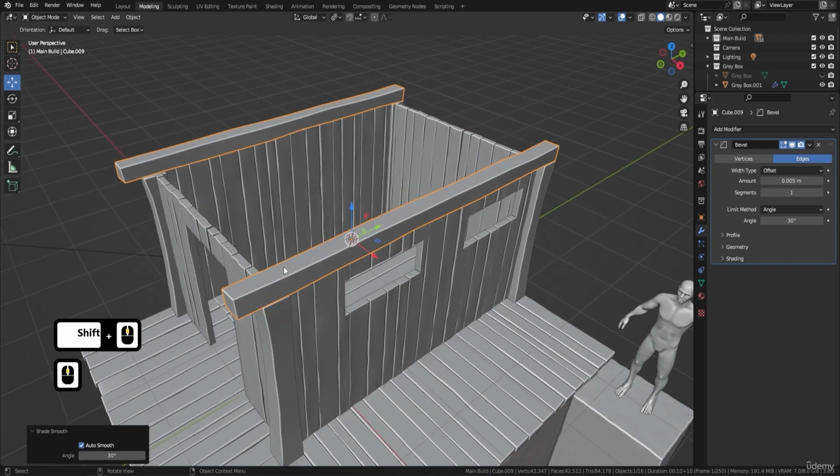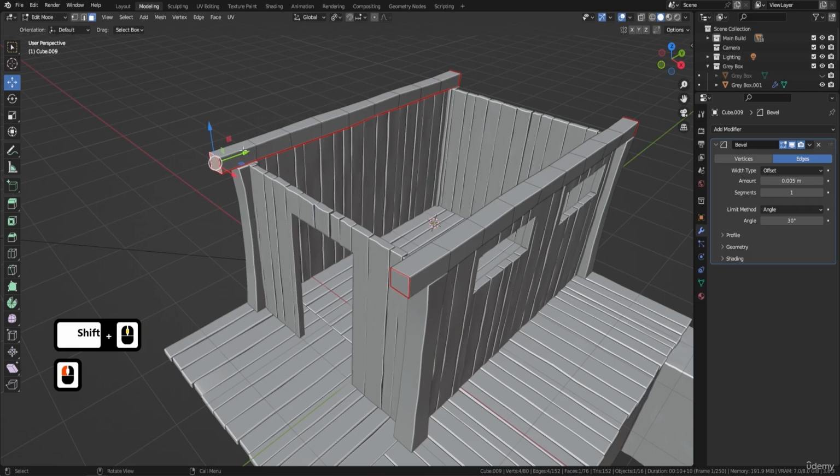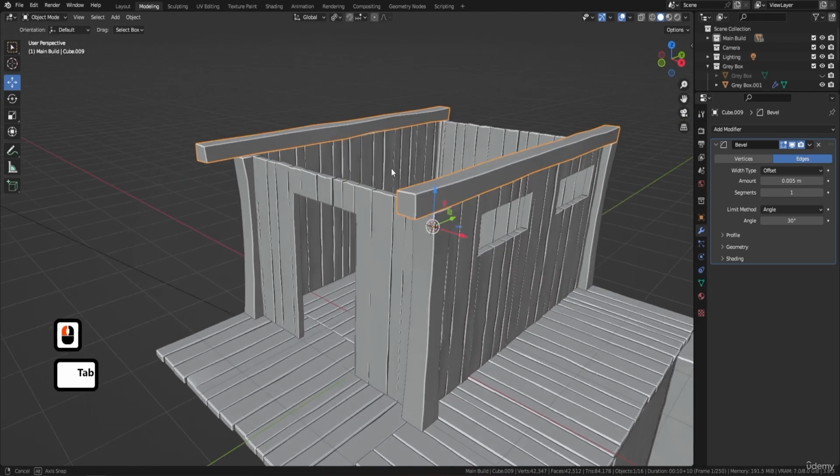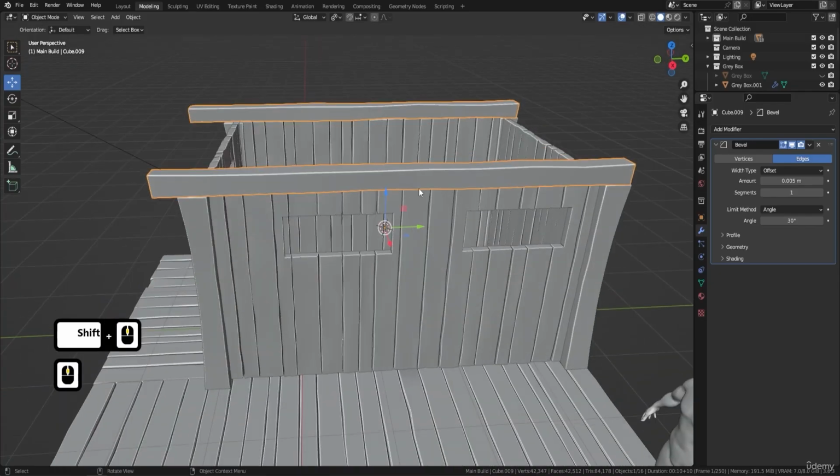All right, finally what I'm going to do is pull this part out. I don't want them exactly the same length, so I'm going to pull this one out. I'm going to grab it, pull it out a little bit, like so. All right, there we go. Now we have something to work with. What we can actually do now